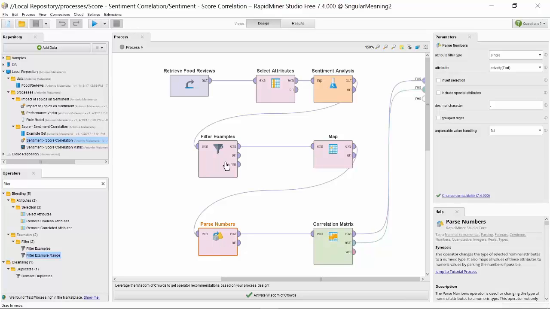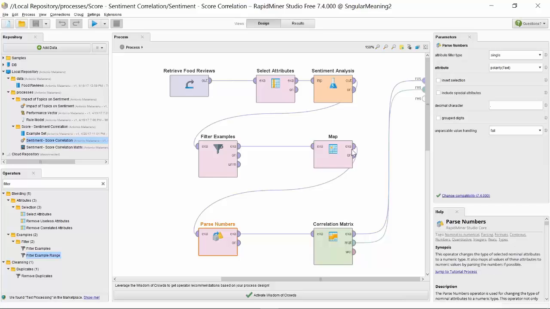And I now have all my data ready to calculate the correlation. And the way to do it is using this operator in RapidMiner that in fact calculates the correlation among all the attributes in the example set.